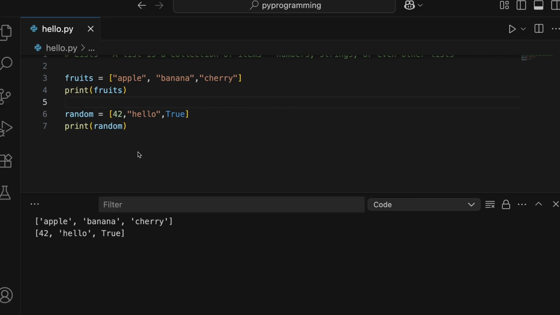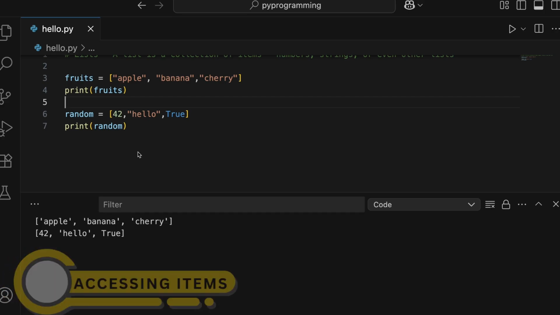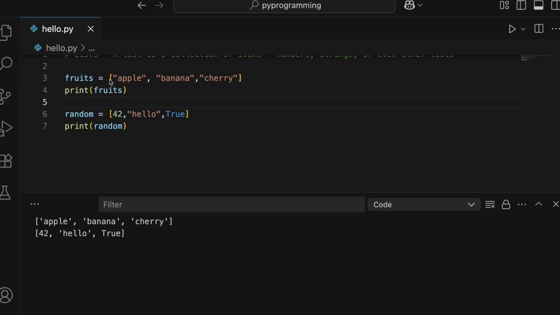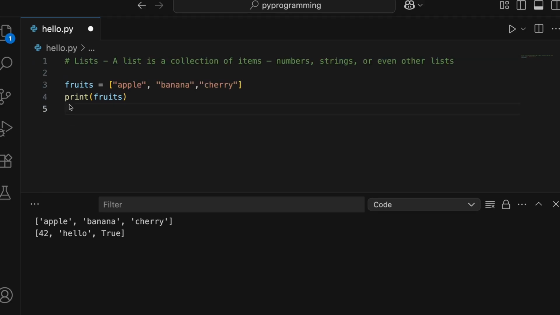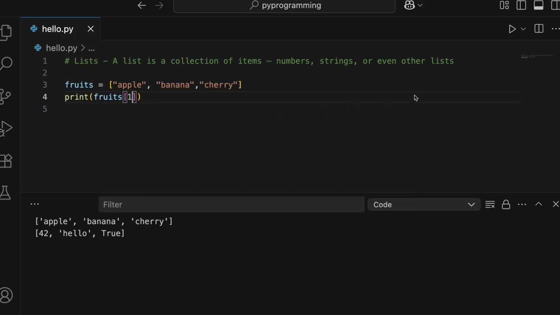Now let's see how we can access any specific item inside the list. So a list uses indexes which start from 0. So if this is your list, the index for the first element will be 0 and then for the second element it's gonna be 1 and for the third element it will be 2 and so on. So let's say here if I only want to access the second element of the list, I would write something like this, type in square brackets and then mention the index. So if I say 1, let's save this and run this. I'll get the second element. And if I wanted the first element, I would give the index as 0. If I run this, I'll get the first element.